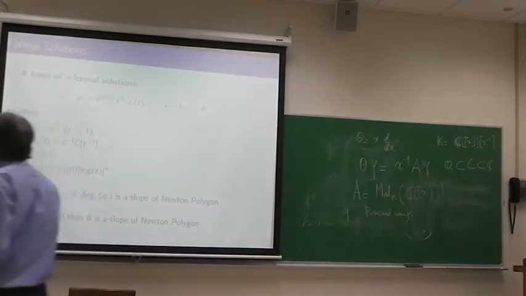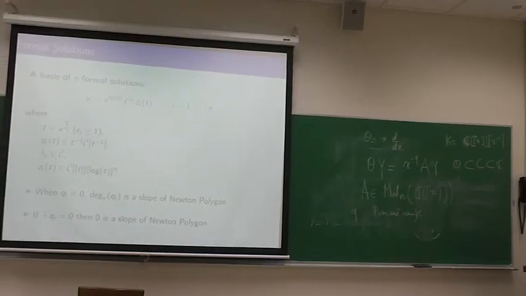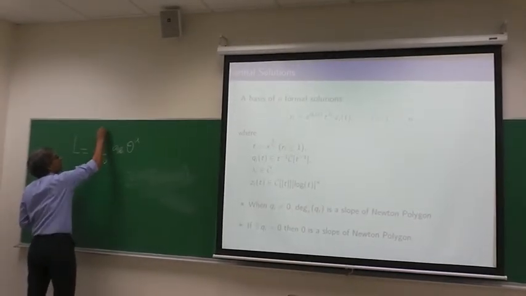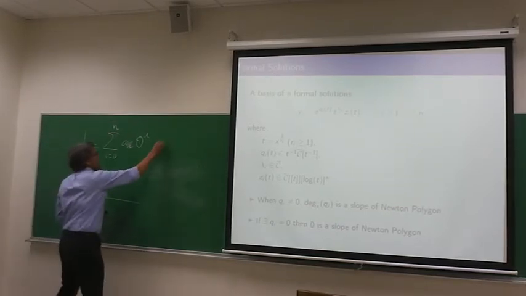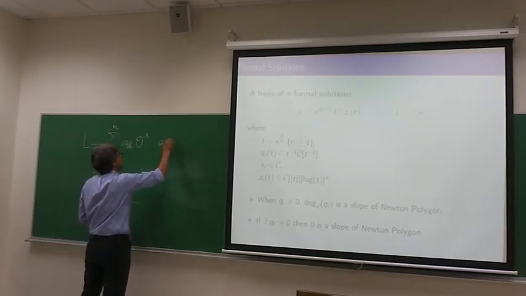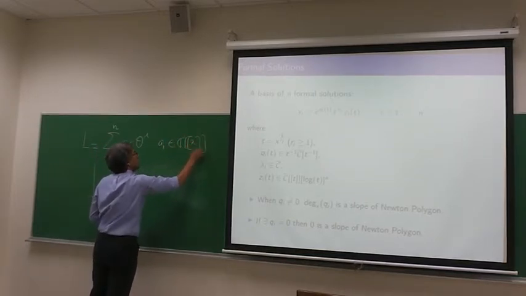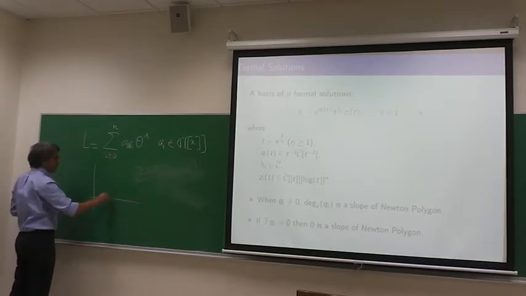Suppose that people are familiar with this. When you have a scalar differential operator of degree n, we can assume that the A sub I are power series. Then for each I, you just mark the point